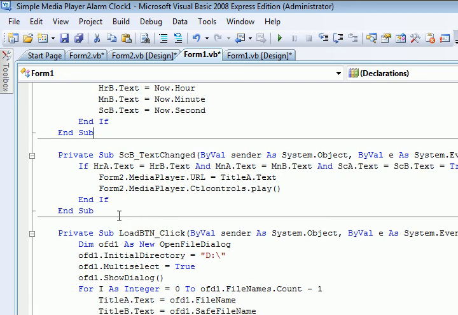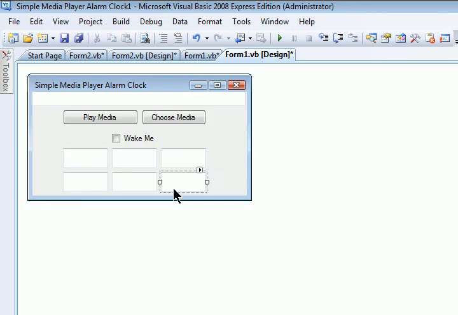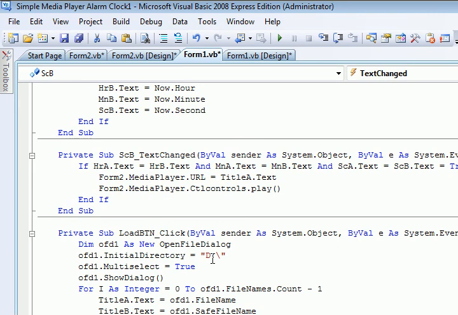Okay, so if the second B, which means this thing right here, changes, and if hour A text equals hour B text, and MNA, minute A, equals minute B, and SCA text equals SCB text, that equals true, then